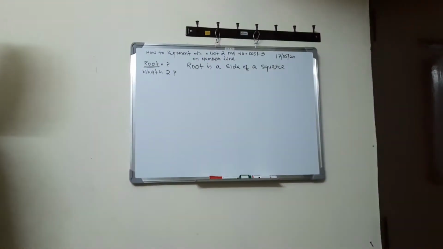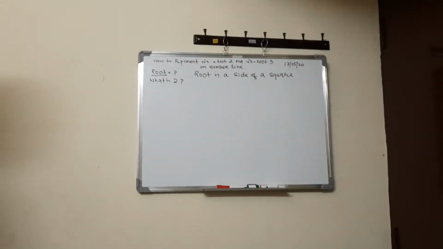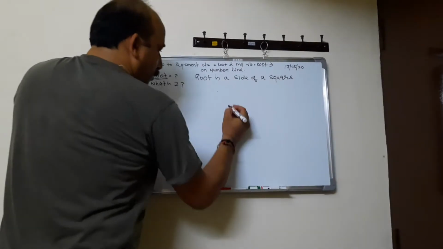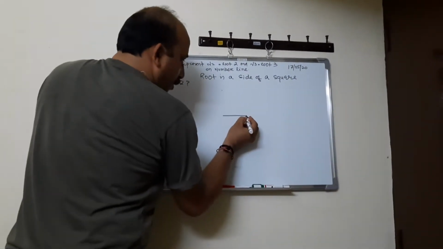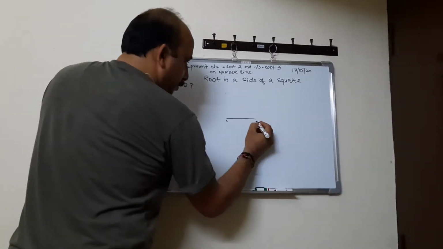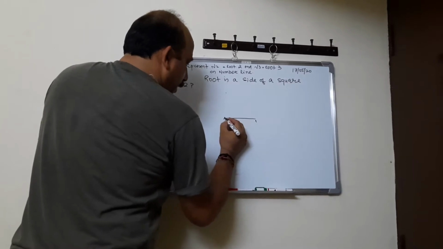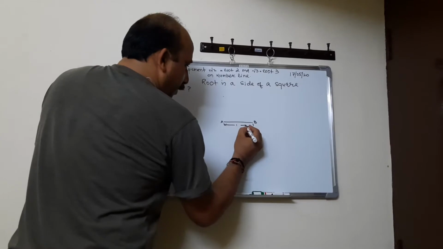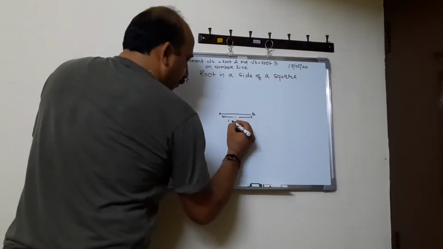Okay? So I will show you how it is a side of a square. Suppose we have one unit, a line A and B, which has a measure of 1